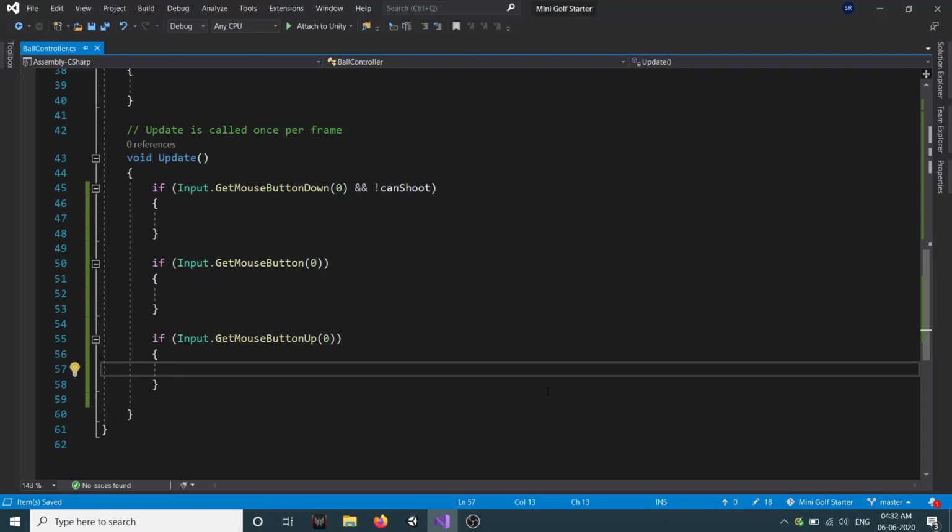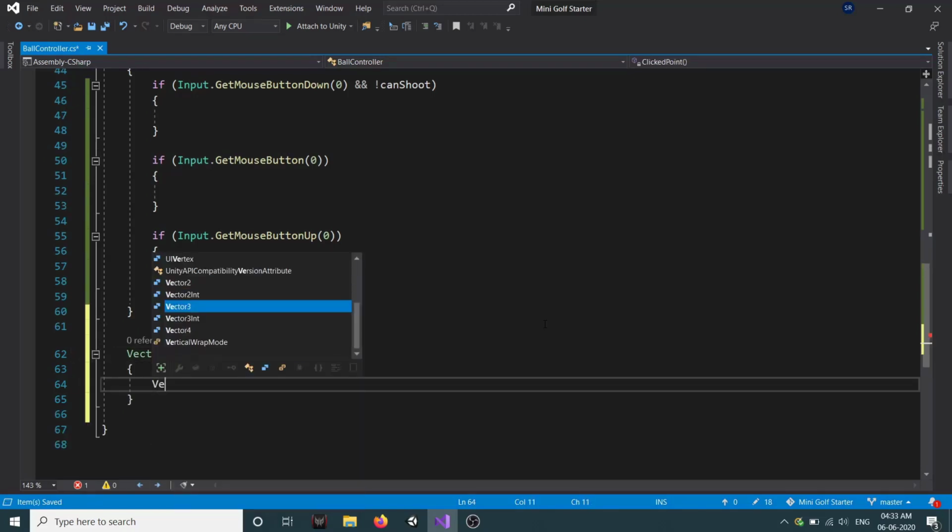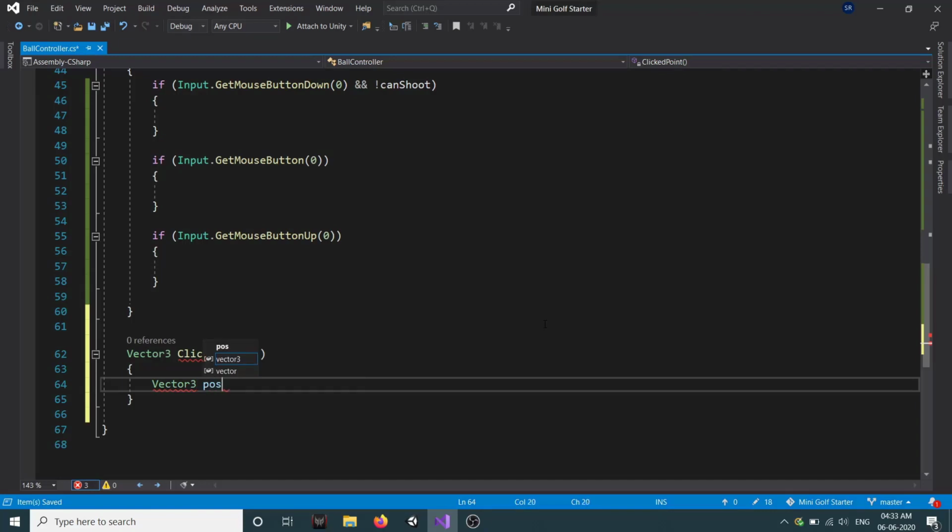Now to detect our positions, that is our start position as well as our end position, we need one more method, and we will create a Vector3 ClickedPoint method. Inside that we will create a variable Vector3 position equal to Vector3.zero.